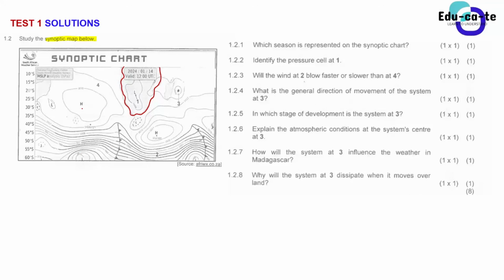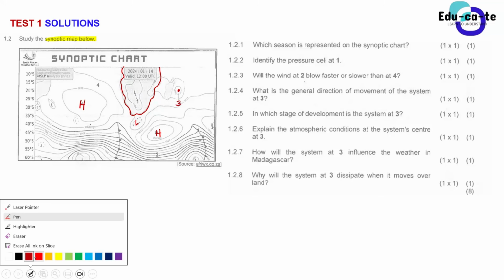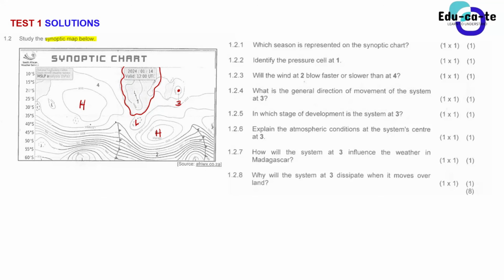And then I don't know, guys, if you can see the other features, but there's an H here, and then here there's an L, here there's another H, here there's a dot, there's nothing else, it's just a dot, then here is a written 3, and then here there's a line, there's a line here, and this line has got spikes like this.